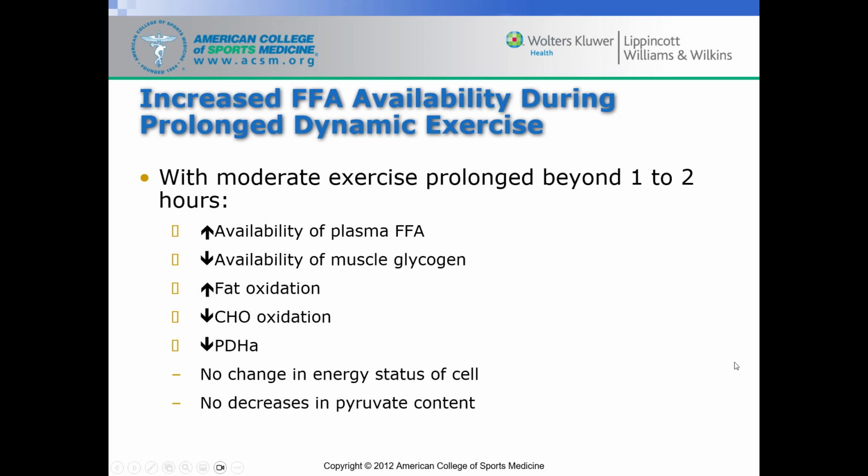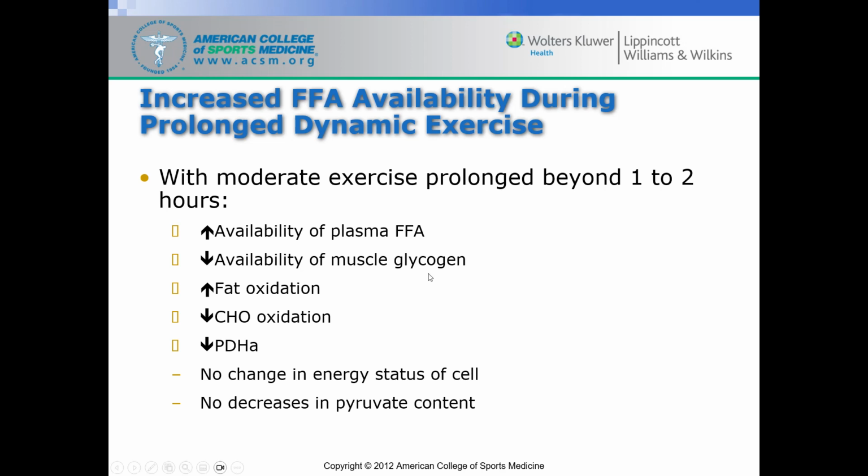That process actually gives you some important intermediaries in the Krebs cycle. And if you don't have carbs to break down, you can't make those intermediaries like oxaloacetate, and the Krebs cycle shuts down. So you have to rely more on fatty acid to make the abundance of ATP, so that you don't have to rely on glycogen for ATP. You can rely on it for a little bit of ATP, but mostly to make the intermediaries needed in the